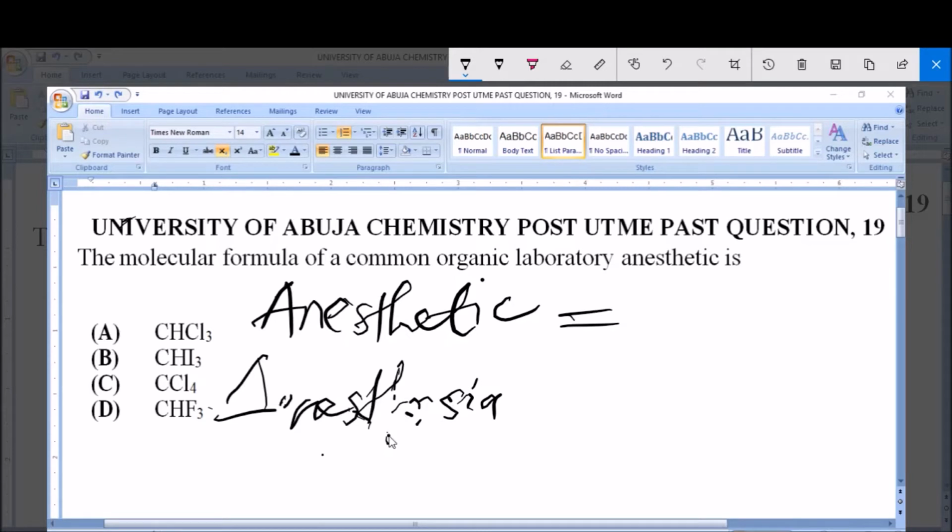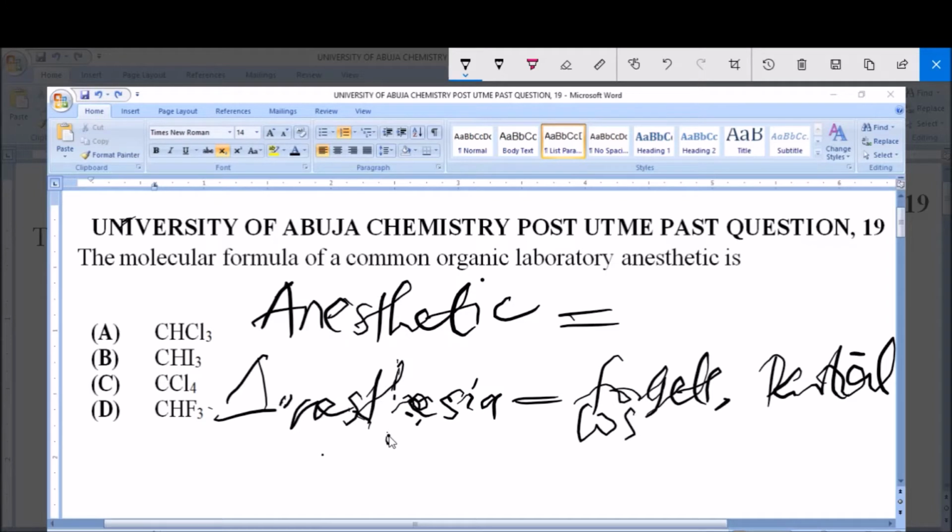And this anesthesia is like a syndrome where someone forgets, or has partial loss of consciousness or concentration. When you cannot actually give account for the things you are doing, when you do not actually have consciousness, that's anesthesia. Now, organic anesthetics in particular actually refer to volatile agents which are